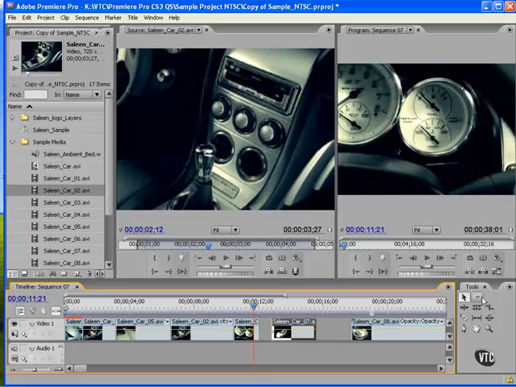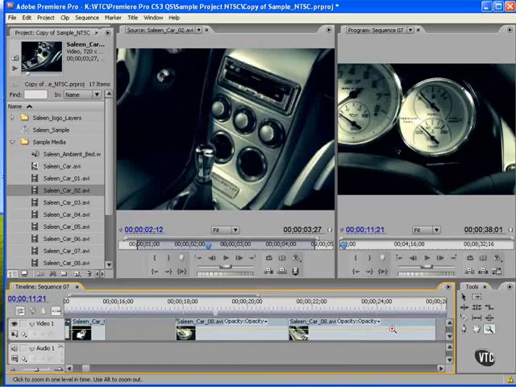And then over here we have our Tools window. This includes a collection of editing tools to assist in the arrangement and adjustment of your clip sequences. This includes the Selection tool, the Track Select tool, Ripple Edit, Rolling Edit, Rate Stretch, the Razor tool for cutting and slicing essentially clips into 2 pieces. Then you have your Slip tool, Slide tool, Pen tool, Hand tool, and the Zoom tool for zooming in and